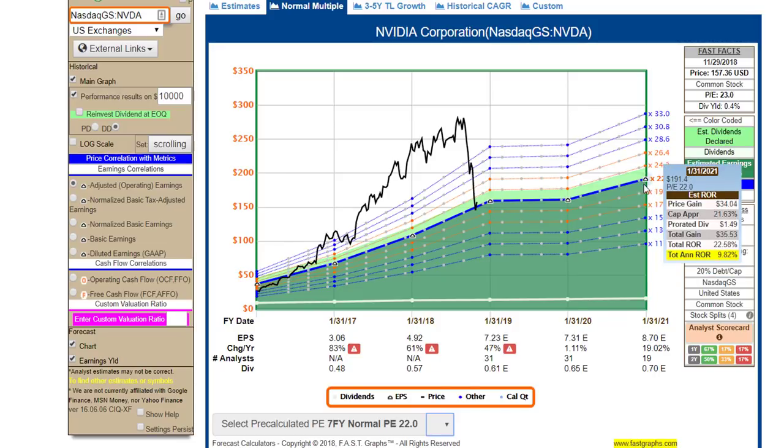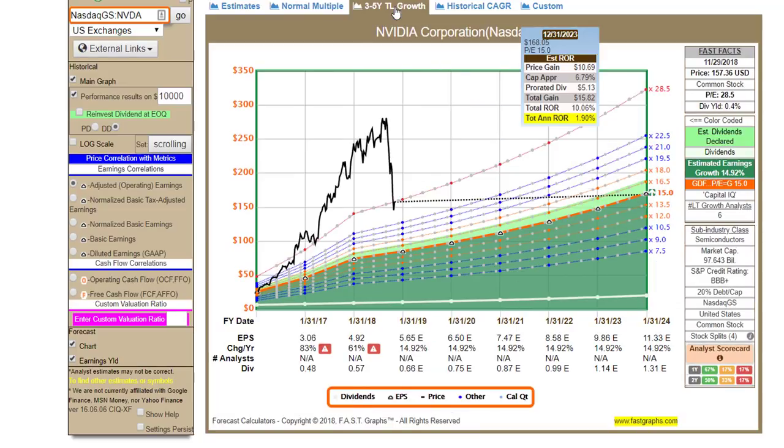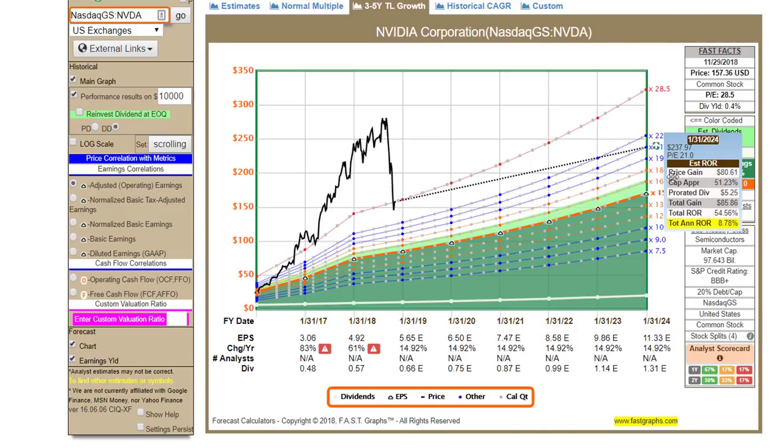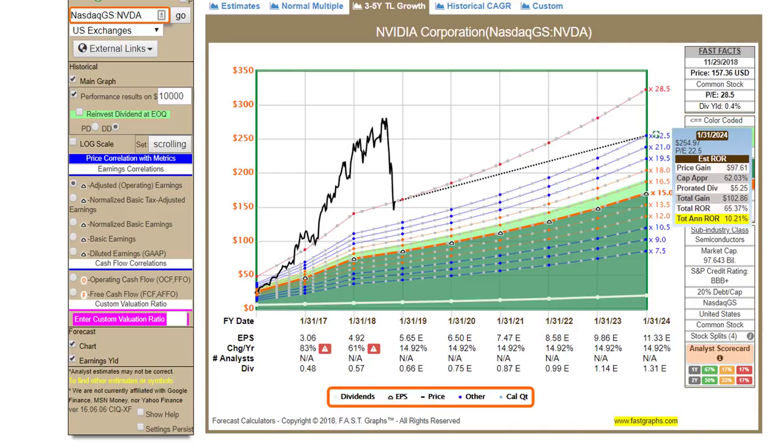then Nvidia looks like a decent valuation, but the future rate of return would still be less than 10% a year based on the fact that earnings growth is not expected to be that strong over the next year or two. If I go back to the 3 to 5 years and use that 22 or 21 multiple somewhere in here, then I've got a possible double-digit annualized rate of return, 8.78 to maybe 10% rate of return.